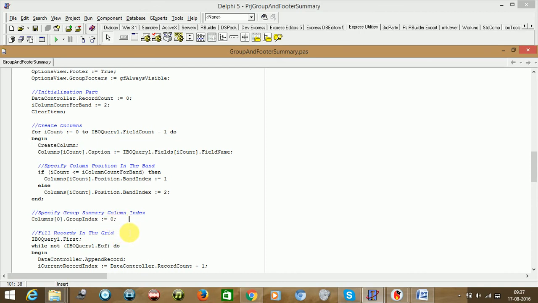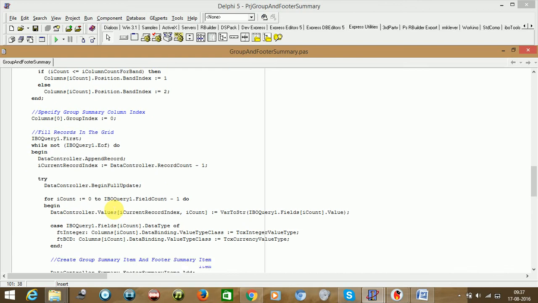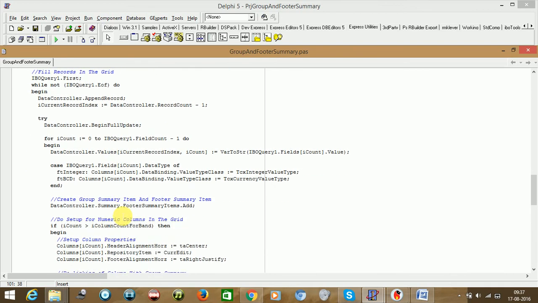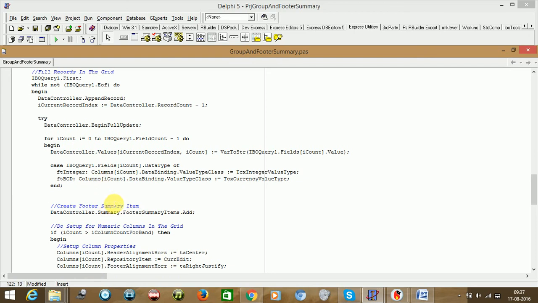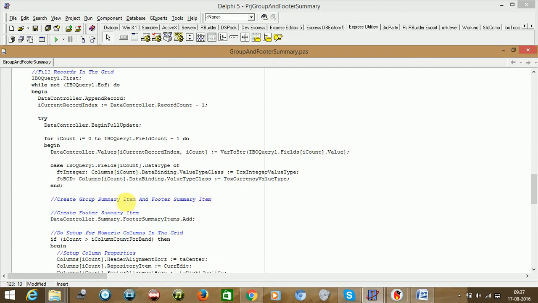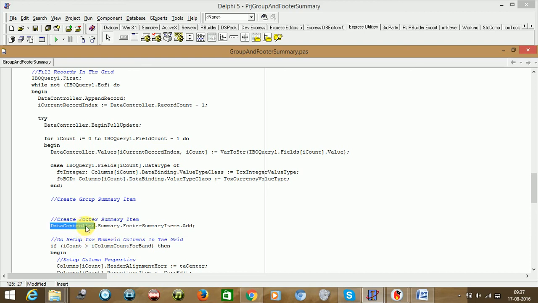Now since we are creating the footer summary, we'll be copying this and create a footer summary item. Now how to create a footer summary, it's just easy.